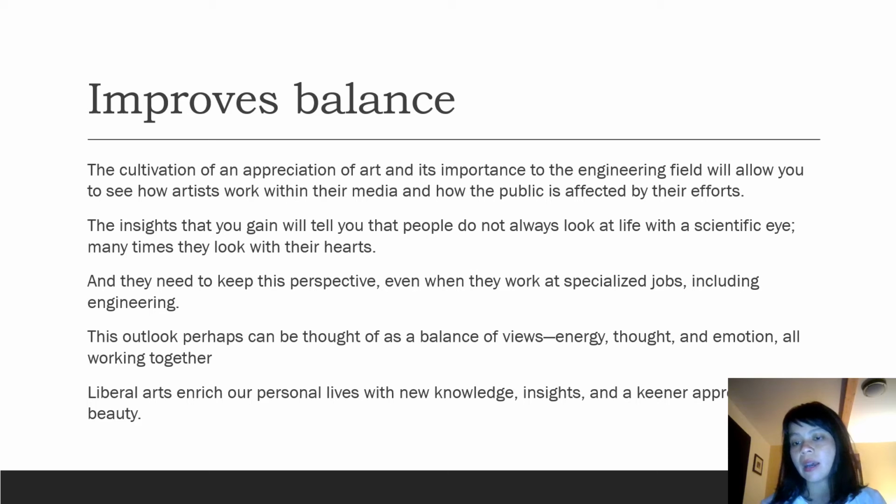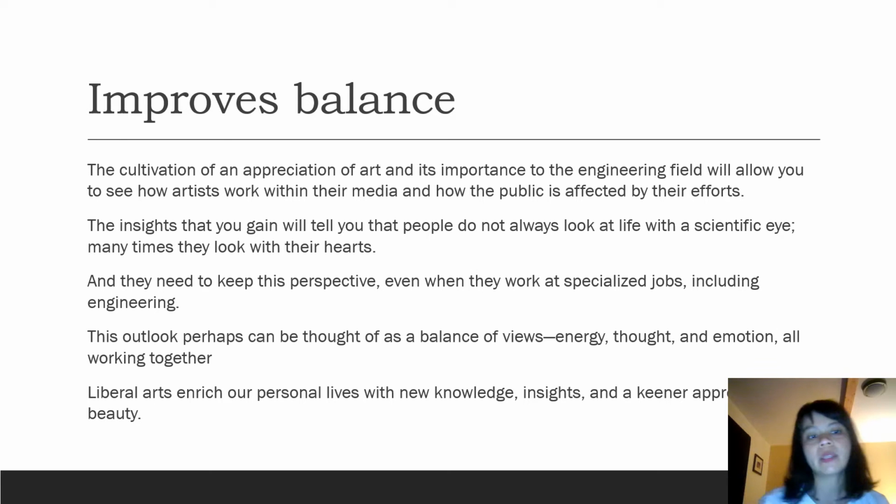And it's really important to remember this when you enter the work world, that sometimes the decisions made are far beyond the logical, pragmatic ones from your engineering point of view, and it's important to understand that and to keep that in mind and be mindful of that.